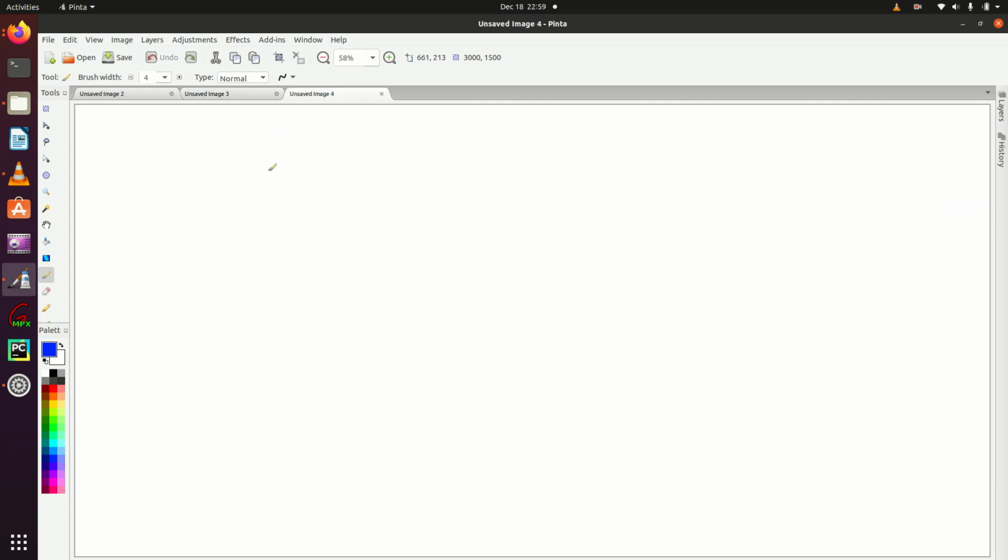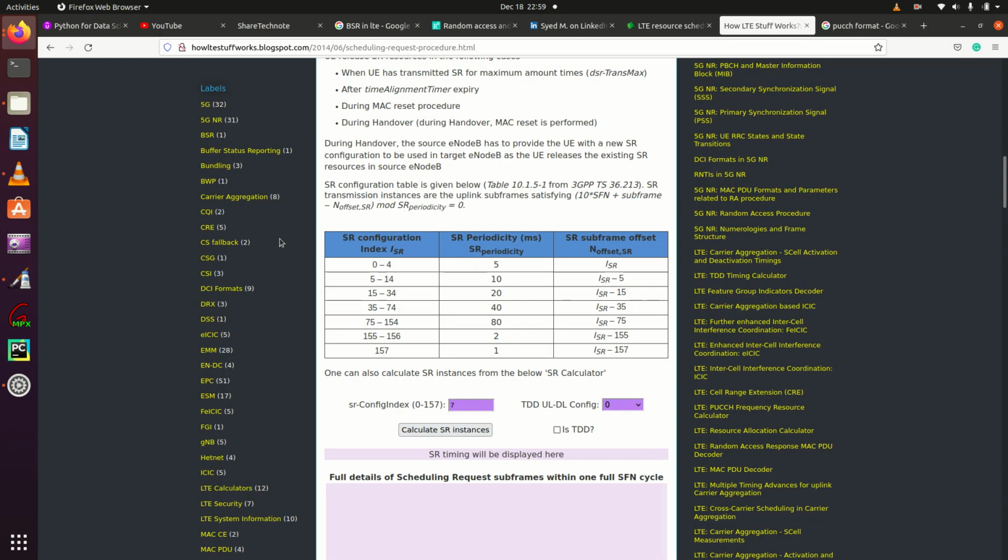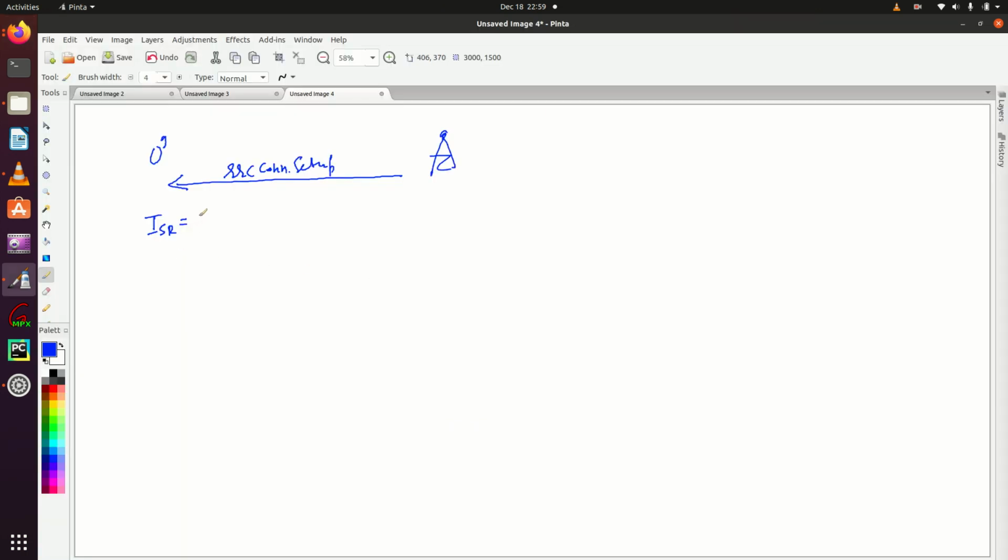Suppose this is my UE and this is my eNodeB. In the RRC connection setup, the value of ISR provided to the UE is, let's say, 4.